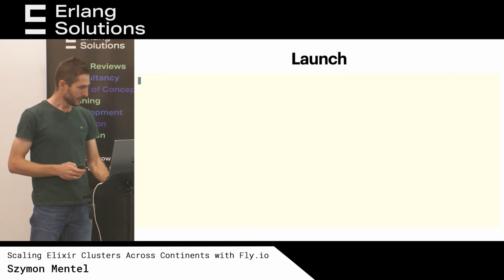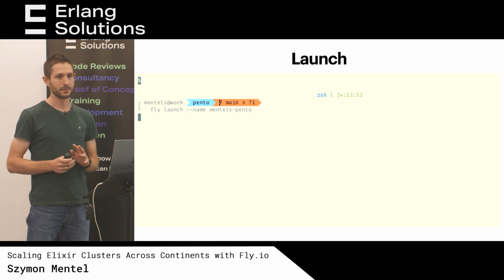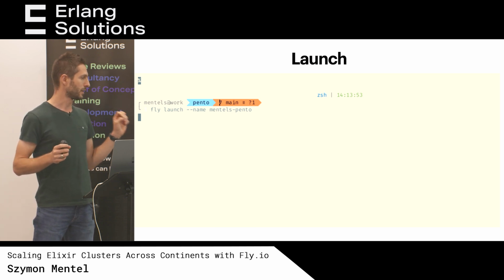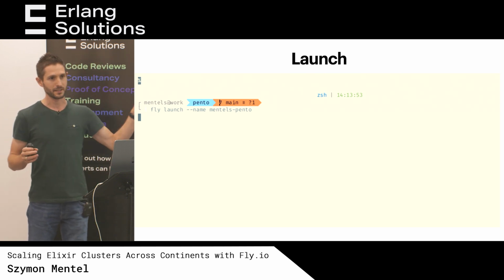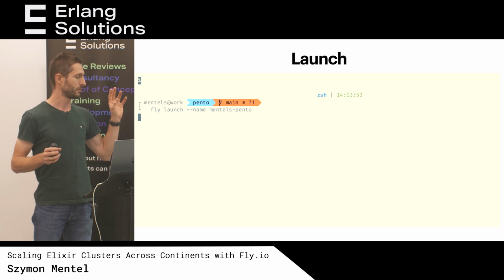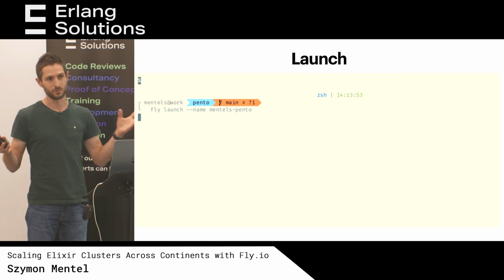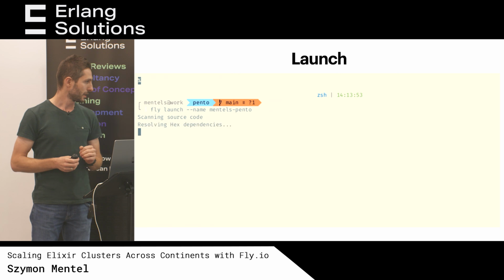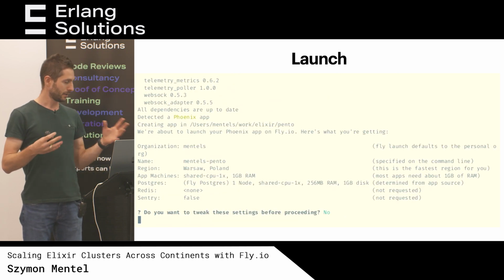Anyhow, to launch and deploy an Elixir Phoenix app into Fly.io infrastructure, all you need to do is run fly launch and give it a name. Fly is the Fly.io command line tool that you can install on any system, and you can just use it to manage the infrastructure that they have. So with this one, some scanner comes into your project, you run it in your Elixir project,